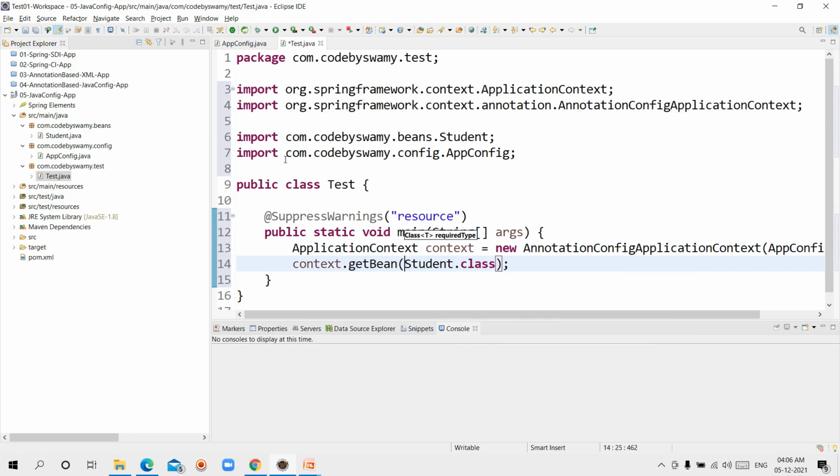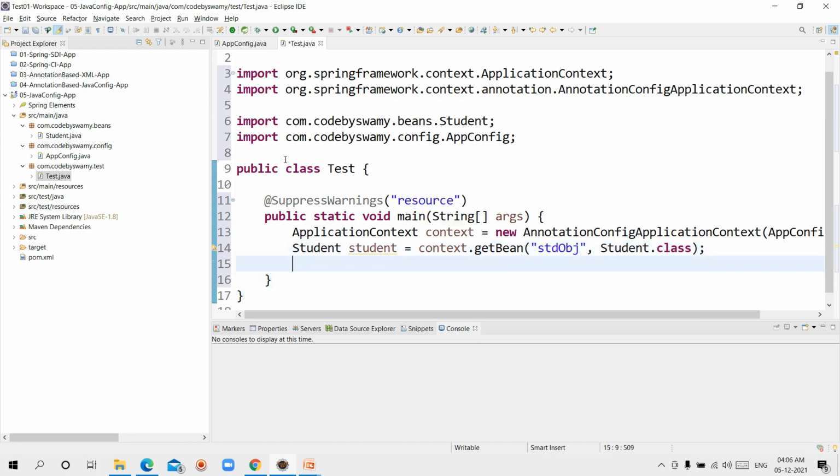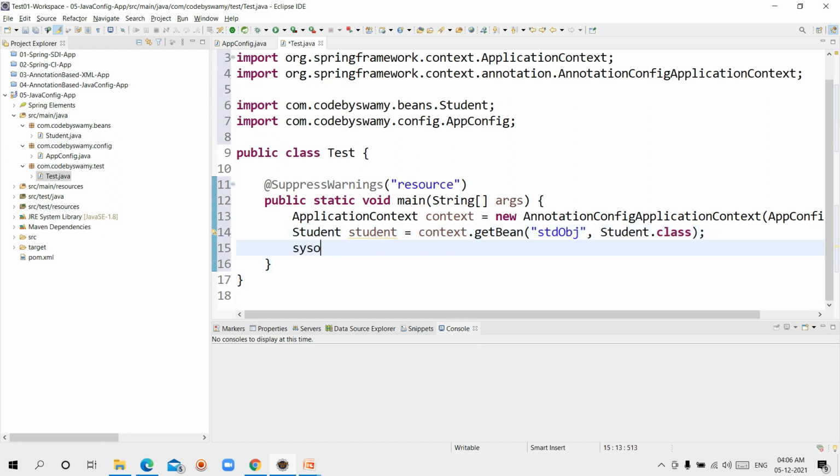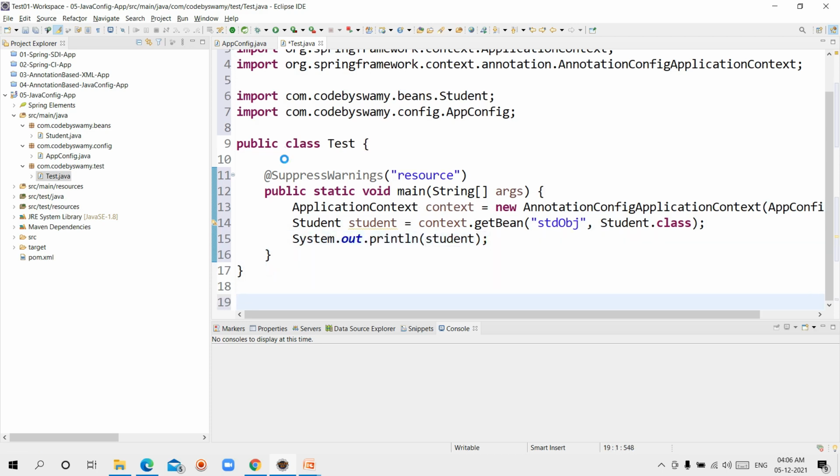Here I'm using the method name to get the object. It returns the Student object. Finally I'm printing with sysout the student object. Let's run the application.